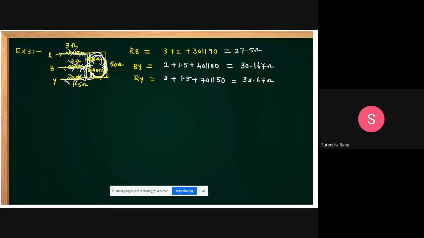Understood? Okay, this is one more model. Please concentrate. Next, very important. In all the competitive exams, this is the repeated question. This I am giving, this model. In this model, so many examples are also there.